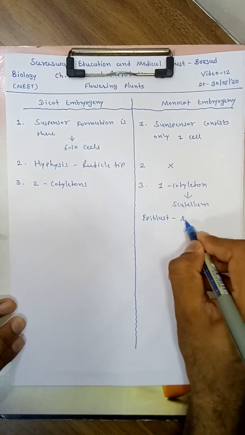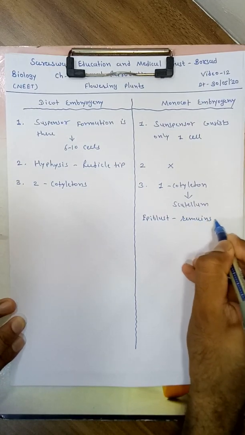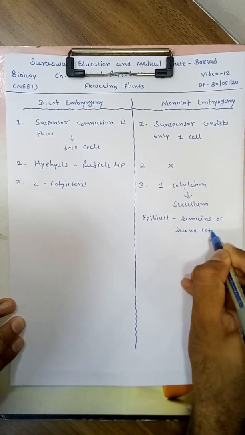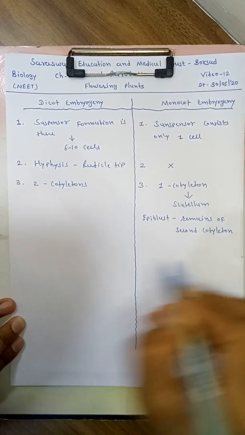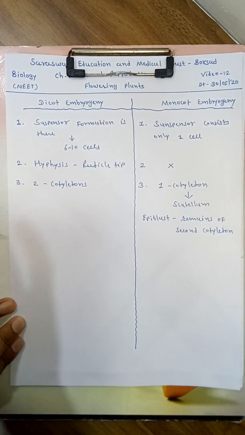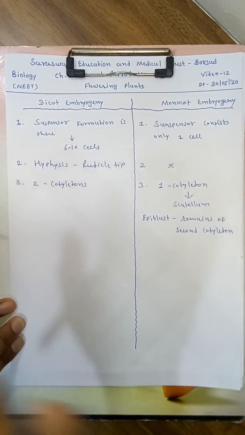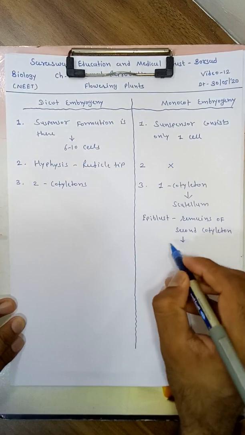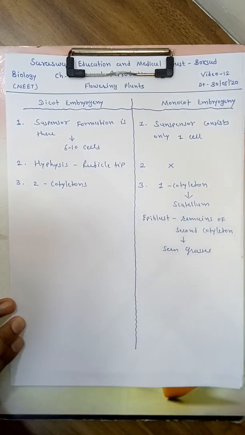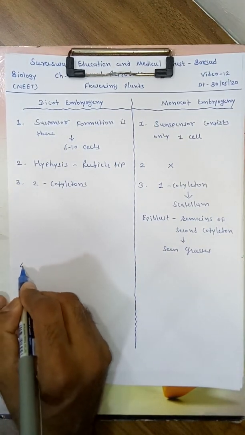Epiblast is a remains of the second cotyledon. બરાબર. બીજું જે બીજપત્ર છે એનો થોડો ભાગ જે બાકી રહ્યો છે એને કહેવાય છે એપીબ્લાસ્ટ. And this remains is not seen in all the monocots. It is a characteristic of only grasses. So it is seen in grasses. બરાબર, આ તમને ખાલી ઘાસની અંદર જોવા મળશે. Next,